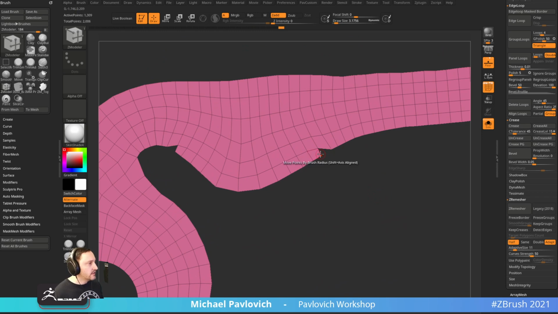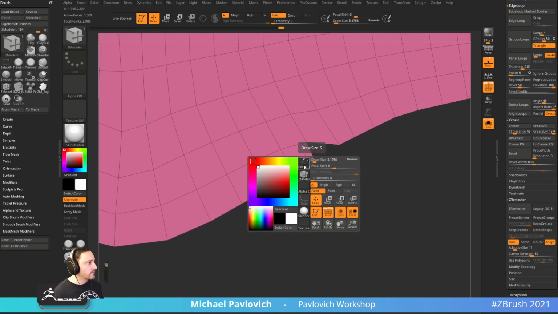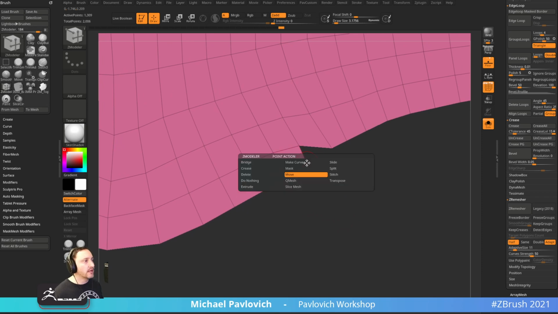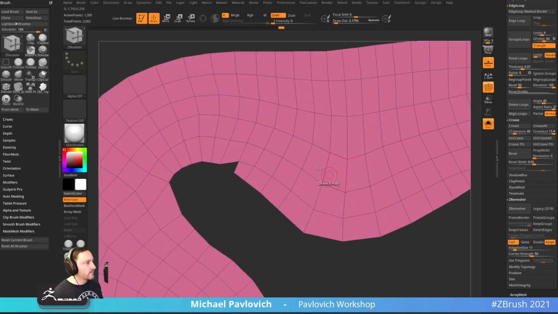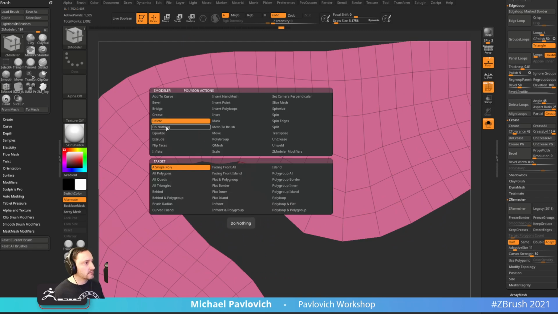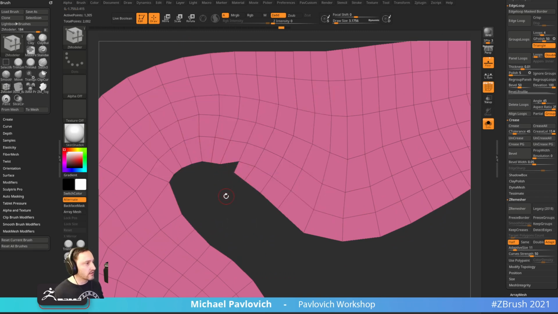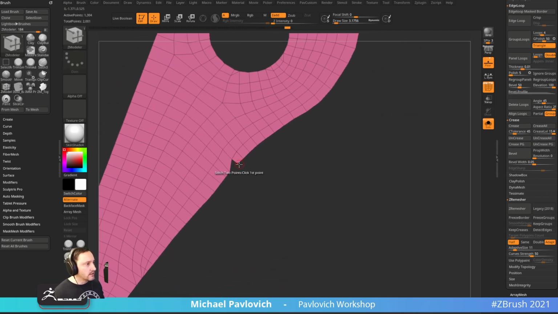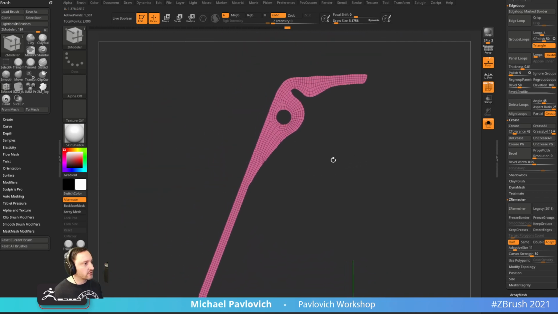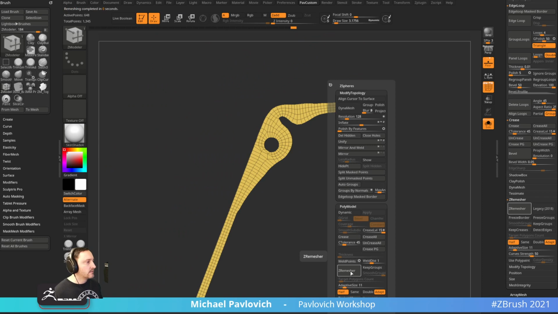And now you can see, here's where we can use snapping a little bit. We can say ZModeler brush, hover over a point, and we can say bridge 2 points, U to U, maybe, nope, not bridge, stitch 2 points, sorry. And if it's ever like, I'm going to say do nothing on the face action so it's not constantly fighting me here. There we go. And again, because I don't want ZRemesh to build those in. So we got our overall shape here. I think we're okay. ZRemesher half. There